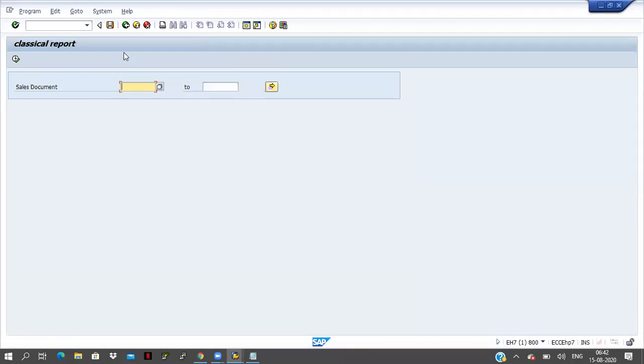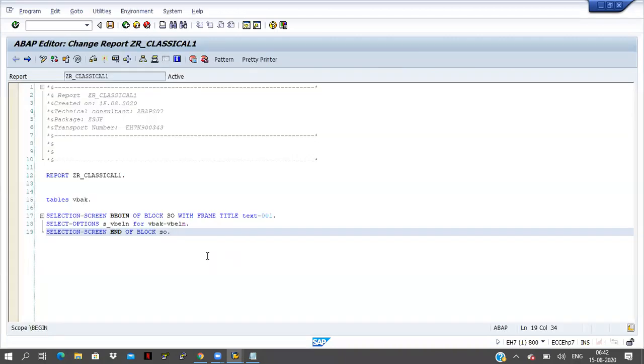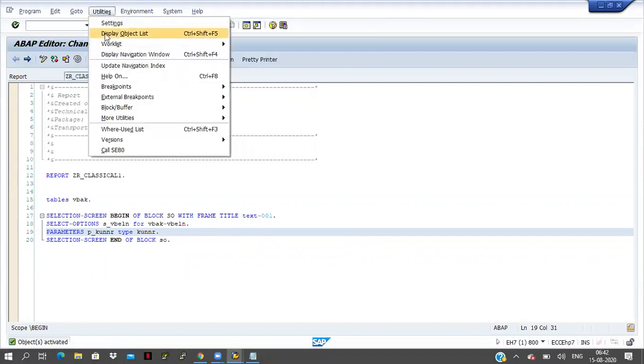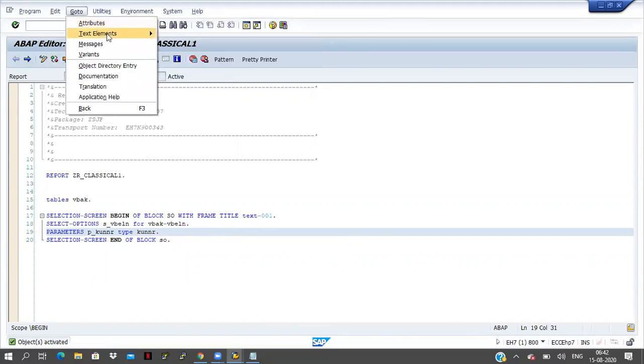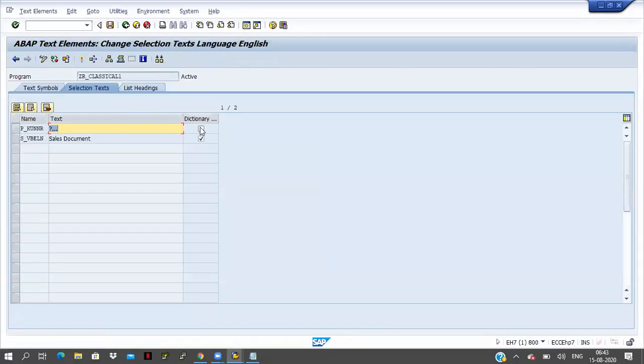Sales order number is coming. Now I am taking one more parameter, p_kunnr, type kunnr. I am saving and activating it, going to Text Elements and Selection Texts, selecting the checkbox, and clicking enter. Customer is coming.